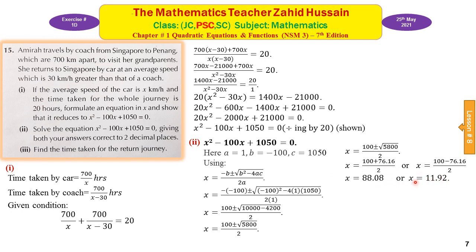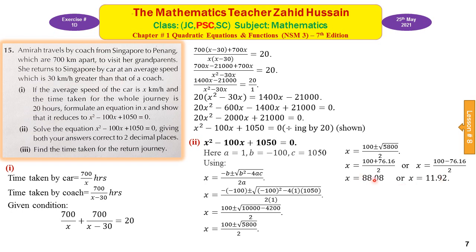Look, both the answers are positive, so both may be the speeds of the car. X is the speed of the car. But 11.92 cannot be the speed of the car because the speed of the coach is less than 30 km per hour, less than 11.92. If you subtract 30 from 11.92, it will be a negative value, and the speed of the coach cannot be negative. So we will not use this value